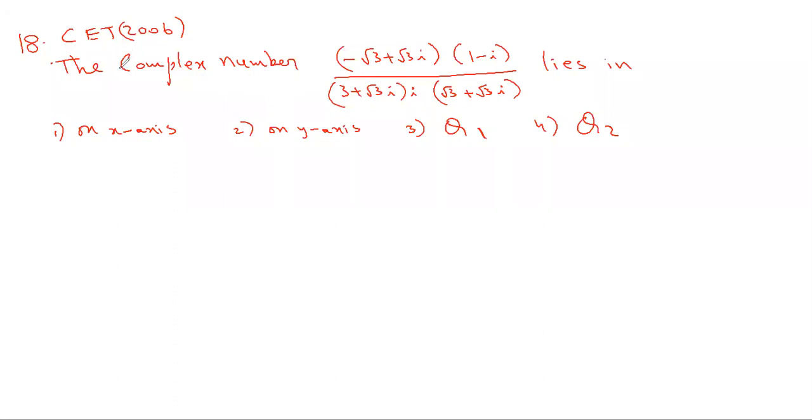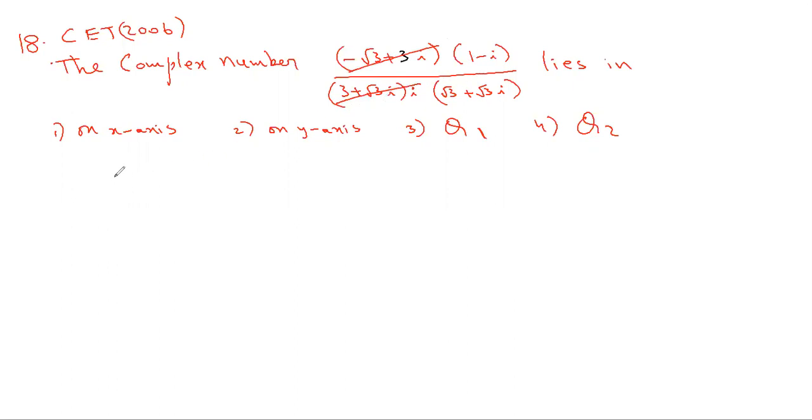So it's given in 2006 CET. The complex number lies in... So for that, if you observe closely, i times root 3 i is minus root 3, which is there in the numerator, and i times 3 is there. So this is also, I think I copied it wrong. There is no root there. It's just 3i. So this is what they have given. If you open the bracket, this and this both are the same, so you can cancel here itself. So you only remain with this.